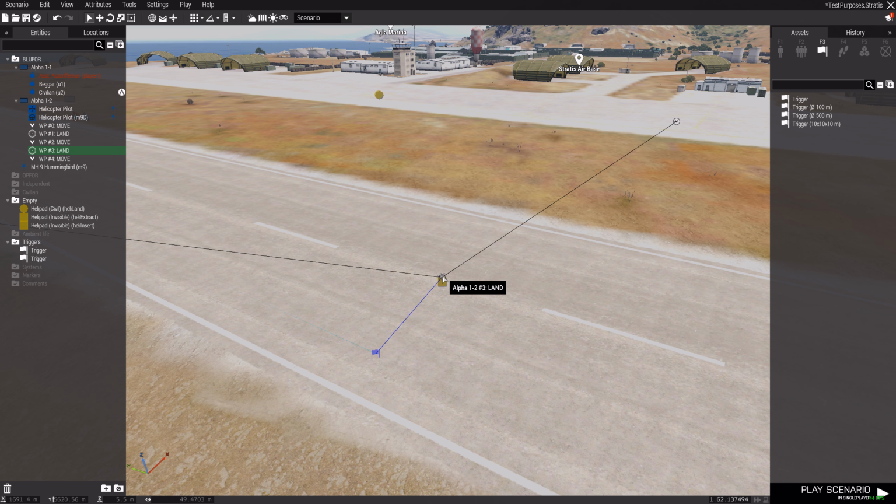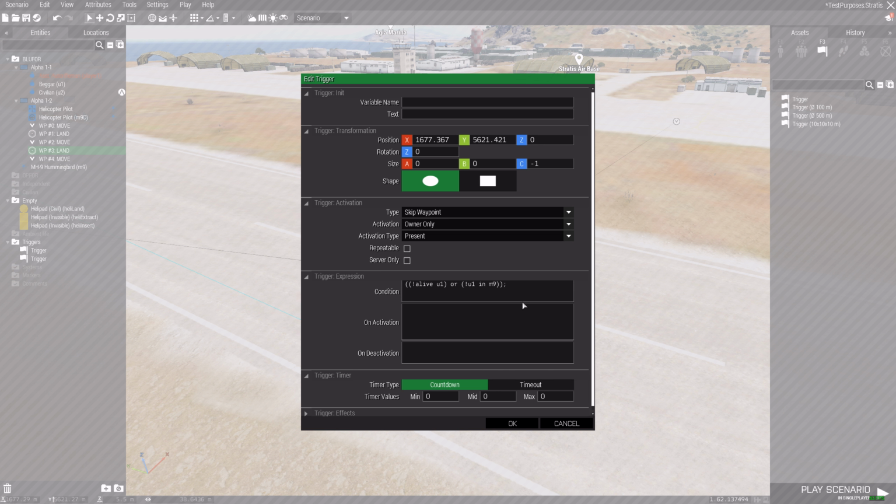Okay, so let me see. I do want him to land though. That's the thing. Not Unit 1. That's not gonna work. I'm not sure how to do the not in. I mean, usually it'd just be like that, but